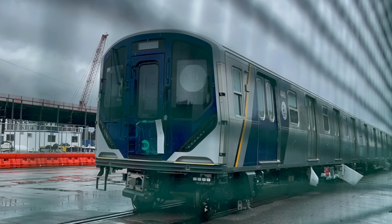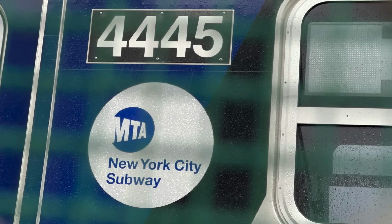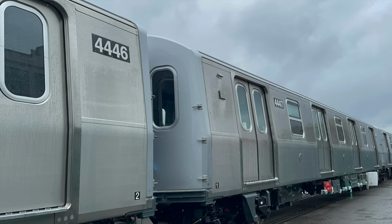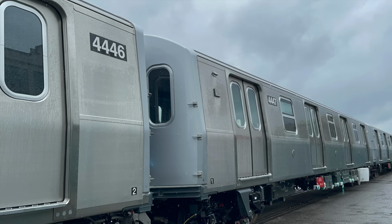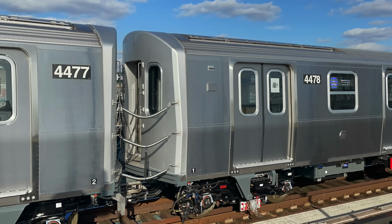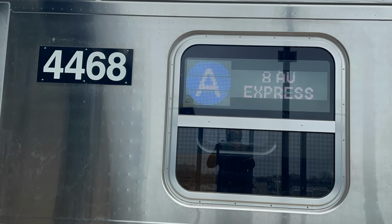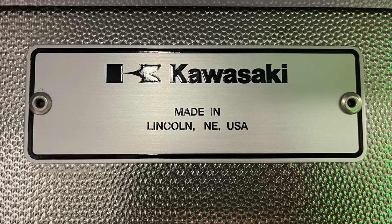The last consist to arrive was 4445 to 4449, which arrived between May 21st and 22nd. The last 3 cars to arrive were 4445 to 4447. It was allegedly delivered previously, but had to be sent back to Kawasaki. I'll explain soon. If February and some of March were the time for 4400 series R211A deliveries, March was the era of burn-in testers, and April was the time to see Kawasaki's hard work pay off in the form of